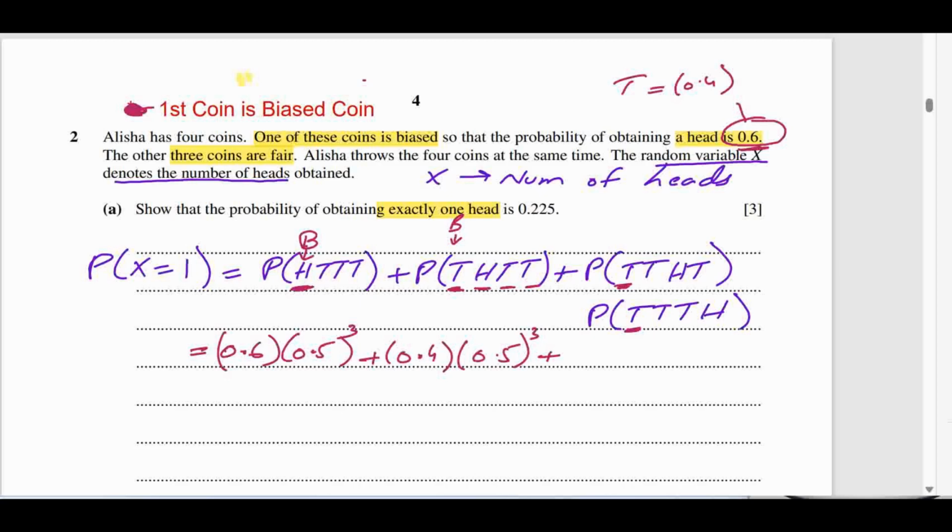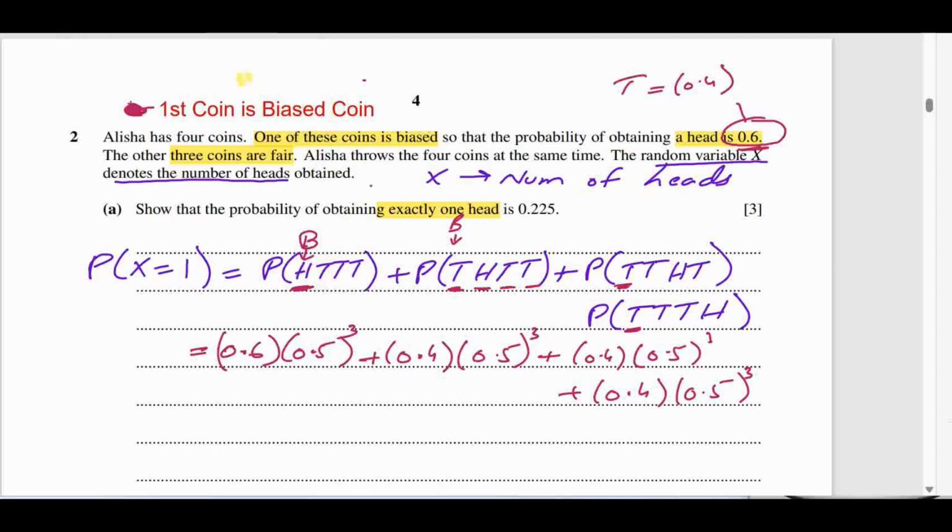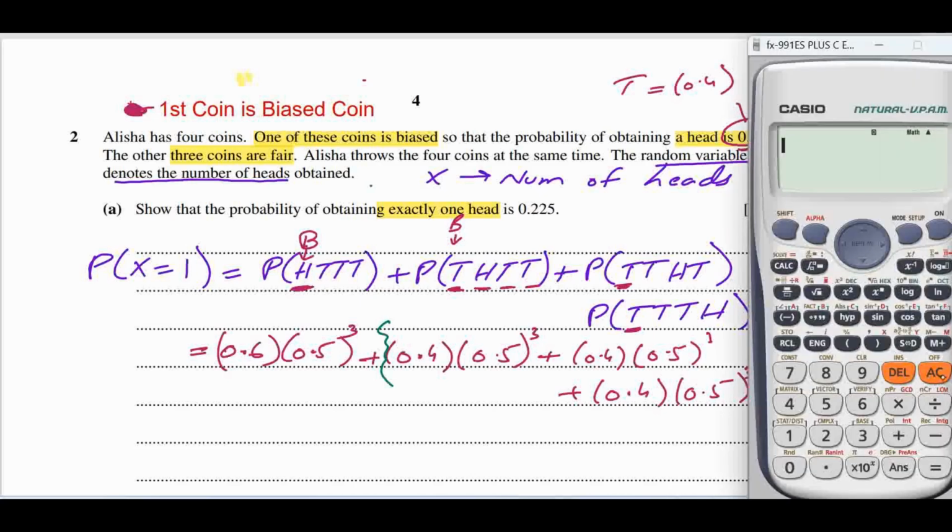थर्ड केस में भी देखें, 22 कॉइन पे टेल है विच मीन 0.4, और तीनों बाकी आपके पास ये हो गए। देन लास्ट वन देखें, फर्स्ट आपके पास 22 कॉइन है और उस पर टेल आ रहा है, और देन आपके पास फेयर कॉइन्स हैं, इसलिए क्यूब कर दिया। अच्छा, एक चीज़ यहाँ पे हम डायरेक्टली कैलकुलेशंस के लिए कर रहे हैं कि ये जो तीन पोर्शन हैं ये तीनों सेम हैं, सो मैं एक को ही करके मल्टीप्लाई बाय 3 कर दूंगा। फॉर एग्जांपल मैं लिख सकता हूँ 0.4